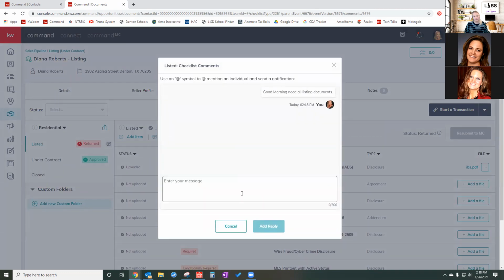However, I want to make everybody hear this. Don't just talk back in here. Even if you mention Patty Gathright, it's kind of unreliable. It will show up here, but whether she will see the bell notification is kind of unreliable. So what I would do, if you need to talk back to her, is say,